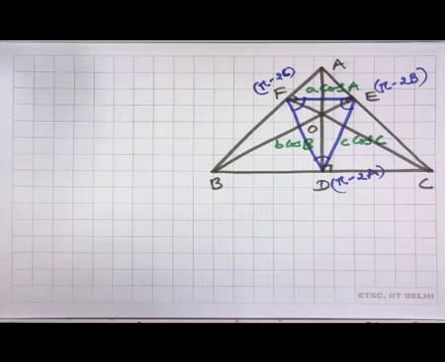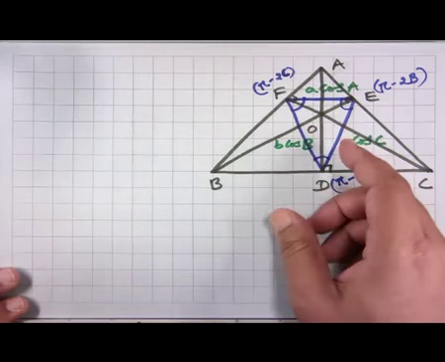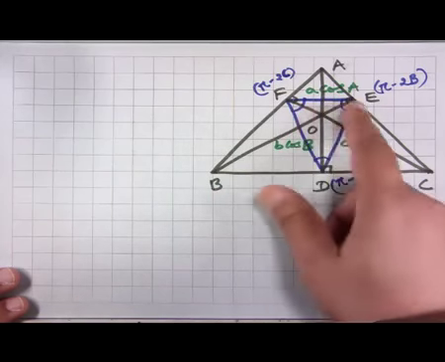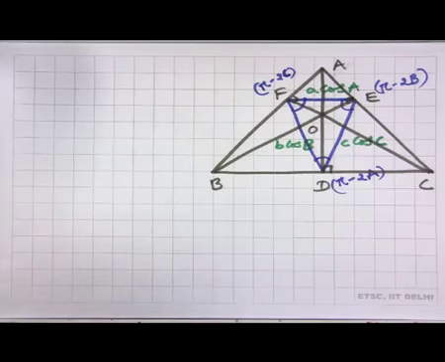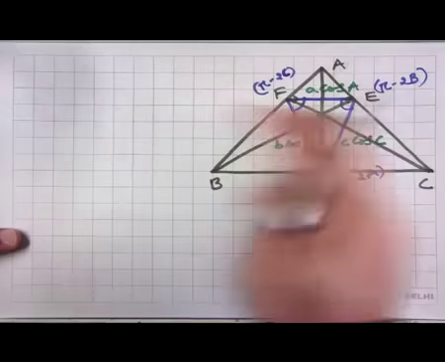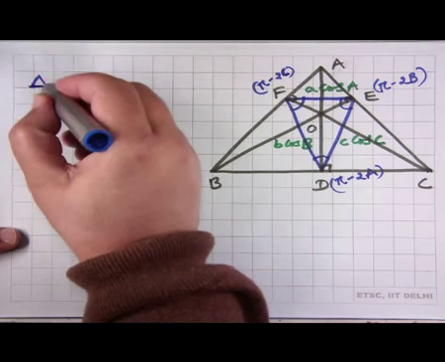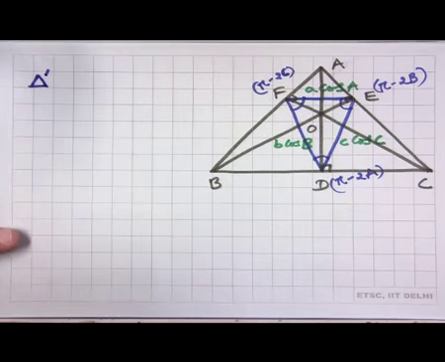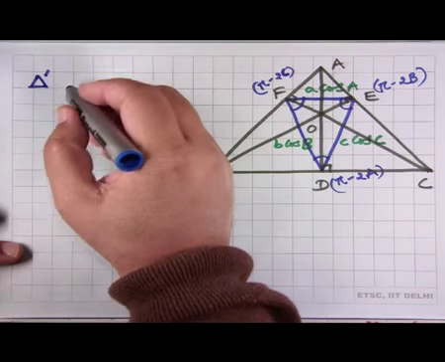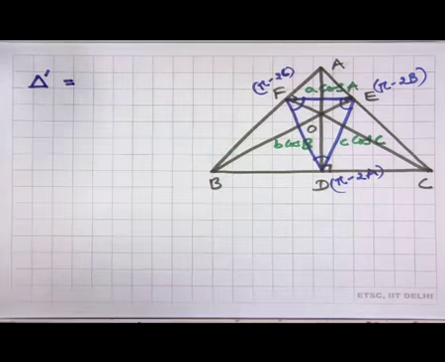So, this is what we have shown so far, and since now we know the measures of all the angles of the petal triangle, and we also know the lengths of the sides, it is not very difficult to find an expression for the area of the petal triangle. So, the area of the petal triangle, which let us denote by delta prime, is equal to, and for that